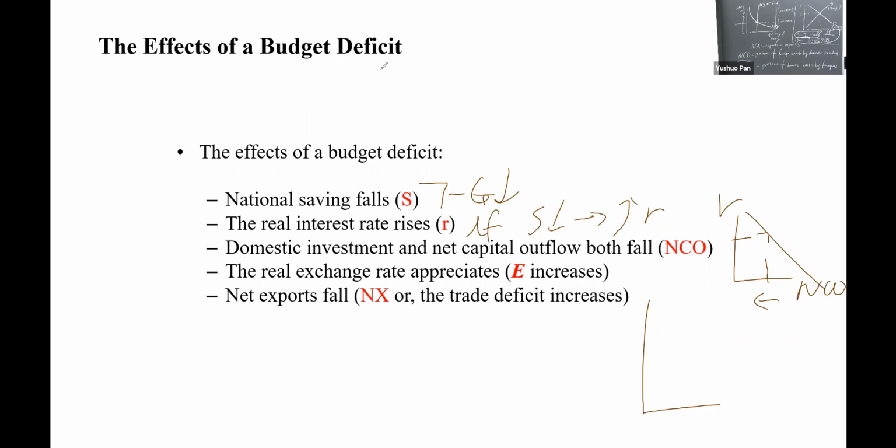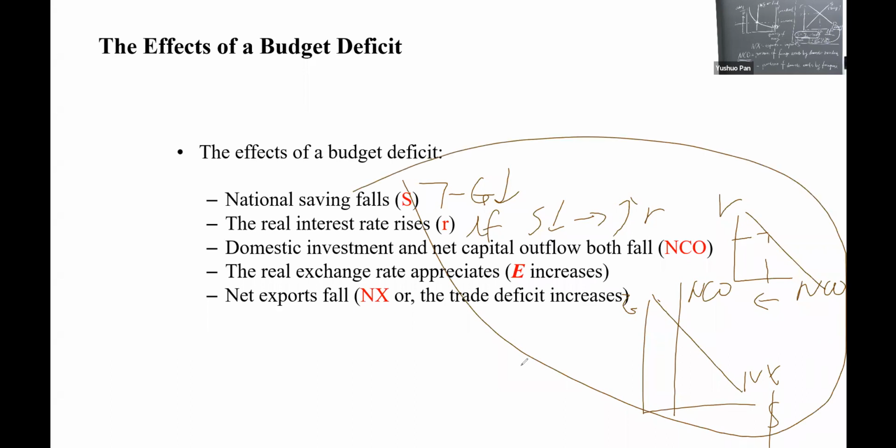NCO decrease will influence the E and the dollars. That's the supply and demand curve, NX, NCO. If NCO decreases, that will influence the real exchange rate. If the real exchange rate, the US dollar, appreciates, then the net export will decrease. That's the logic